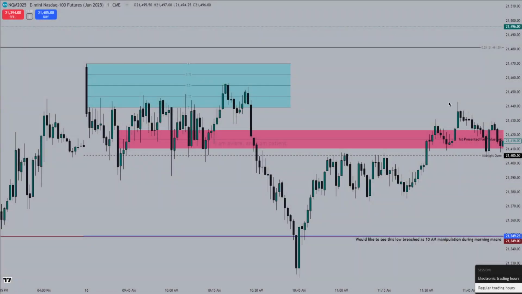Right, so let's really quickly move into the regular trading hours. As you can see, bottom right corner, we now have the regular trading hours turned on, which is the difference between settlement price at 4:14 p.m. the previous day and the opening at 9:30 on the current day. So as you can see, that's where this gap has been formed.